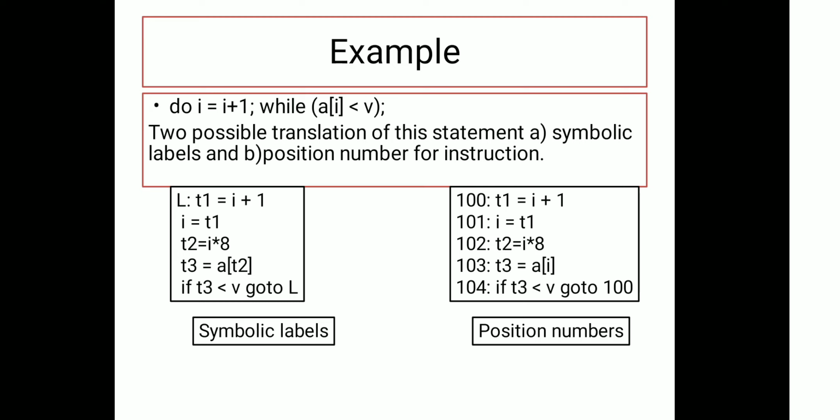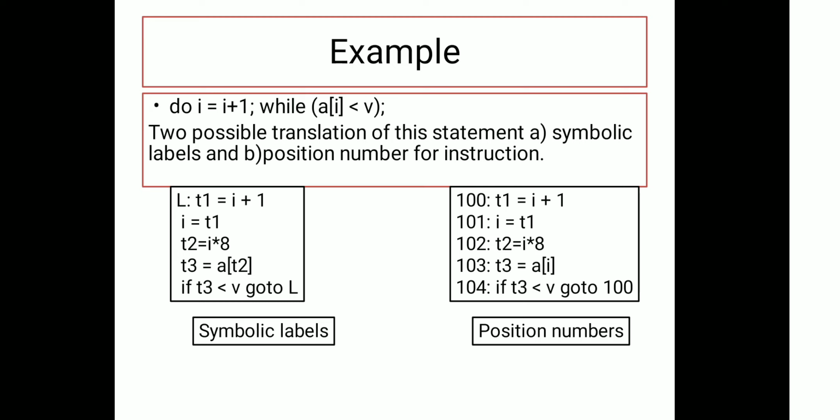Here I consider an array as a float array, where the size of each block is 8 bytes. Now t1 equals i plus 1. The value of t1 is now stored into i, that is i equals i plus 1.